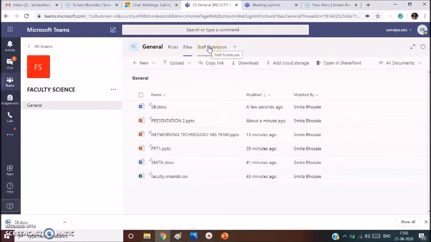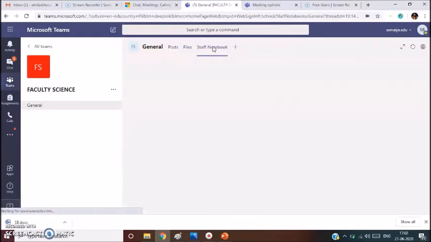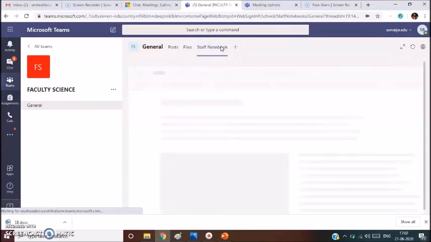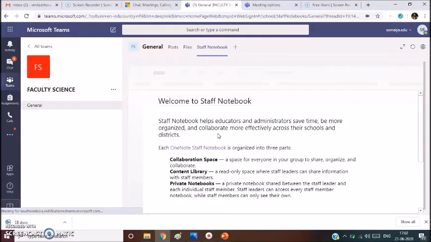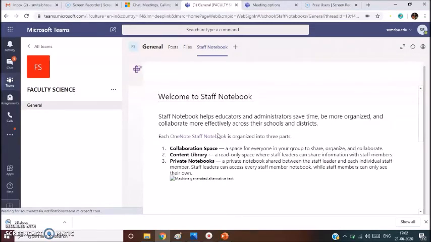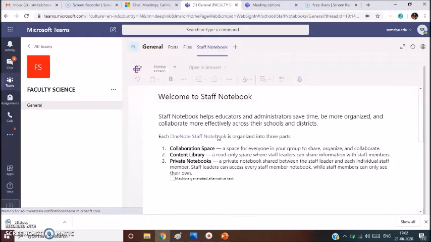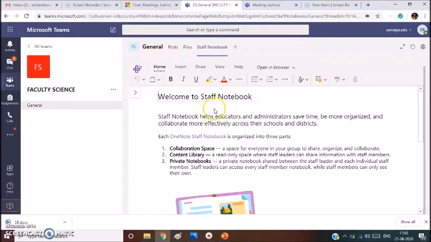There is one more feature provided by Microsoft Teams, that is to add a staff notebook. So click on this staff notebook and you will be taken to create a staff notebook. So here you can use different formats to create your notebook.